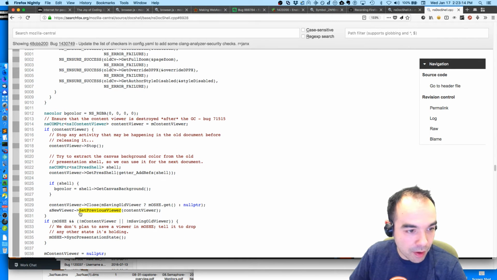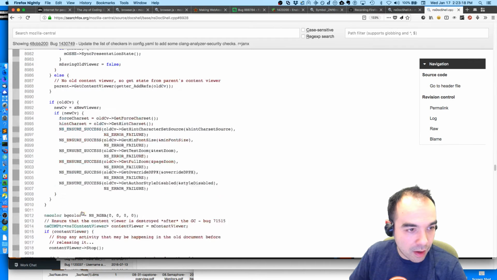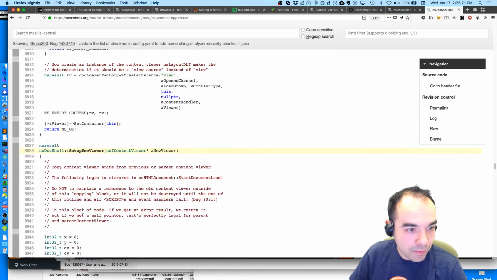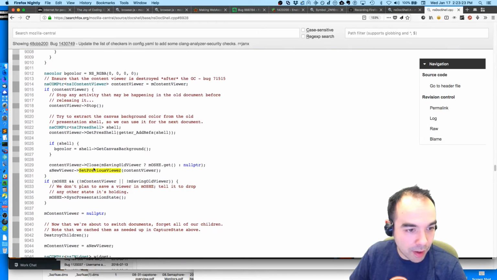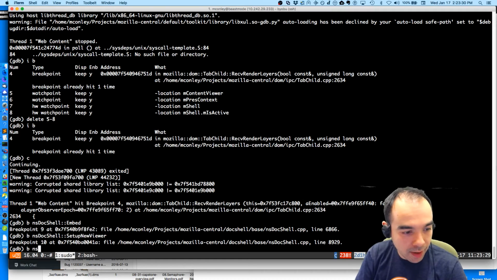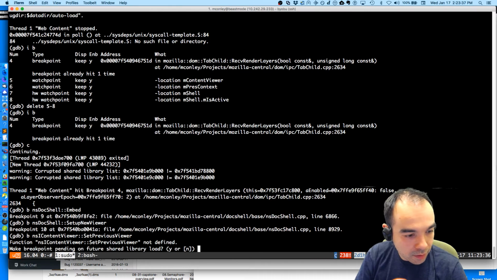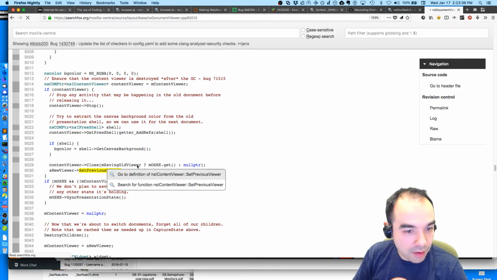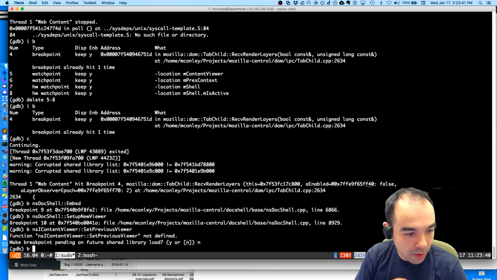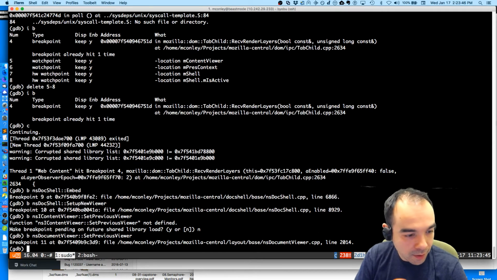Set the previous viewer. So let's set a breakpoint on set previous viewer on new viewer. So break NSI content viewer set previous viewer. That's not it. Set previous viewer, as document viewer. There's a little bit of abstraction there. Set previous viewer. Okay.